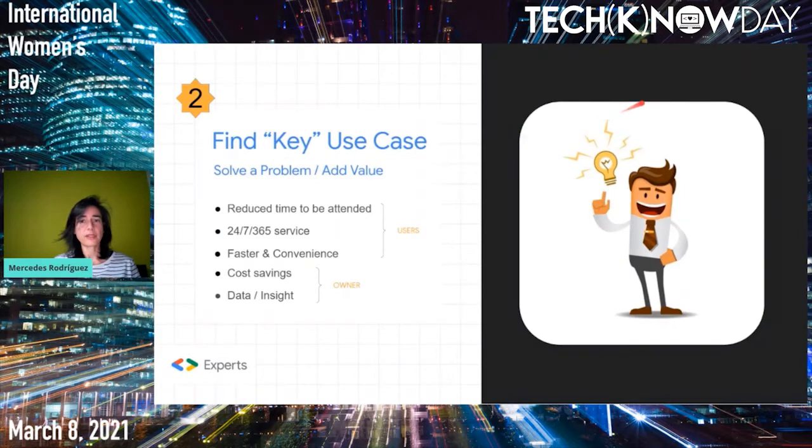Fine. The second key to success is finding a key use case. What I mean with this is that many companies, also at the beginning, say, okay, we are going to develop a conversational agent. We just want to try if that interests our users and how they interact with them, if they use it or not, and things like that. And they just choose any use case without thinking about this.